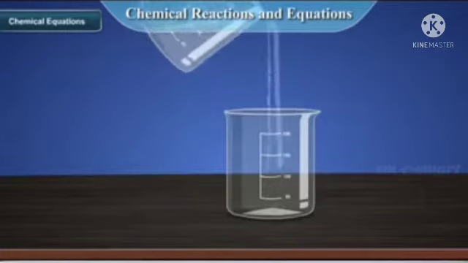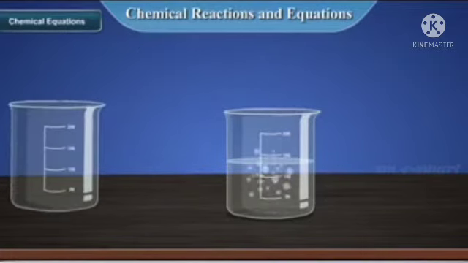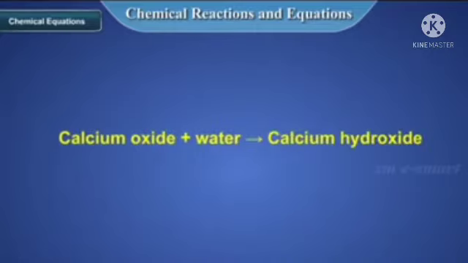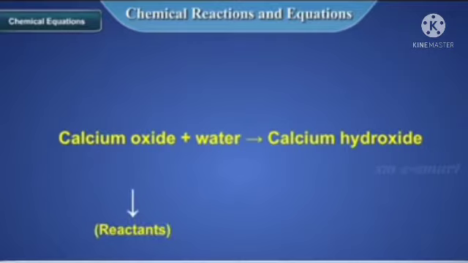and evolved gas. When calcium oxide reacts with water, a new substance is formed, unlike either calcium oxide or water. The description of chemical reactions in an activity is quite long. Calcium oxide plus water gives calcium hydroxide. The substances that undergo chemical change in the reaction are called reactants and the new substances formed are called the products.